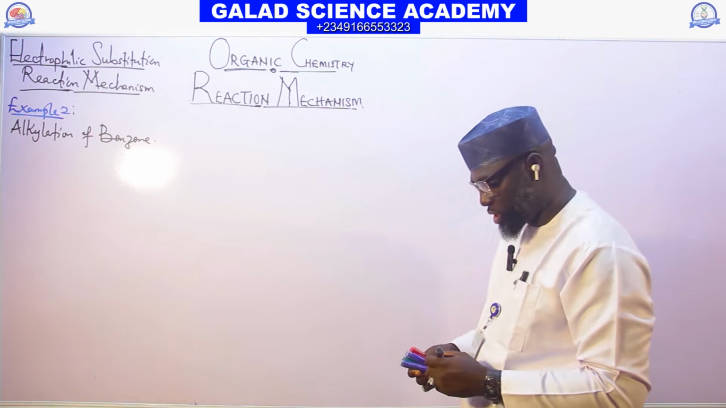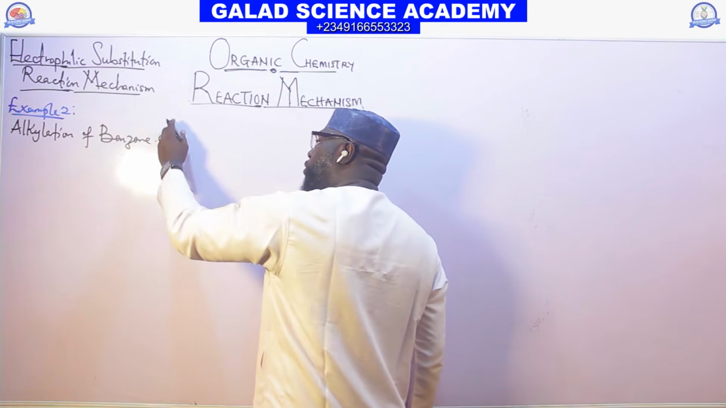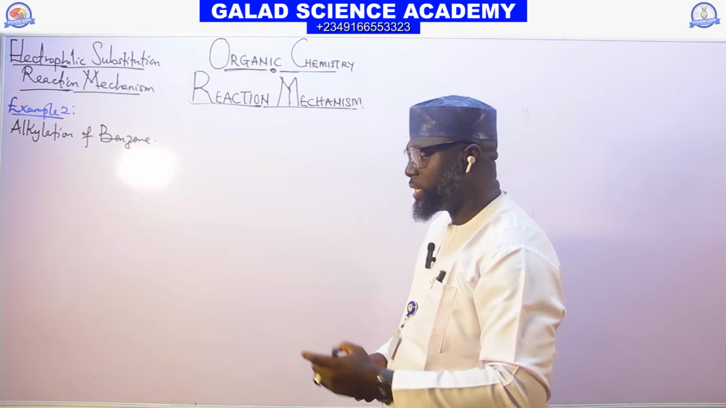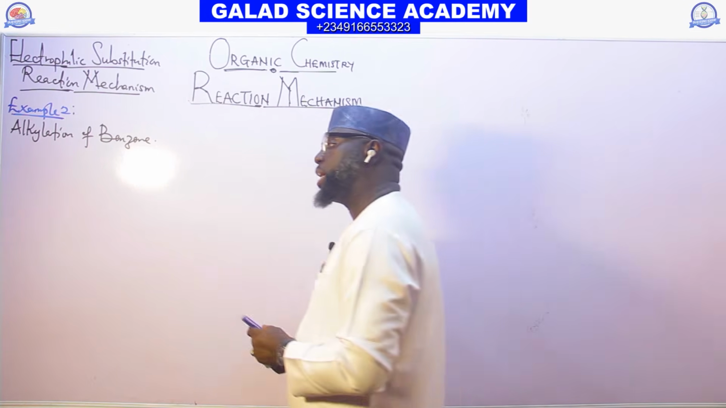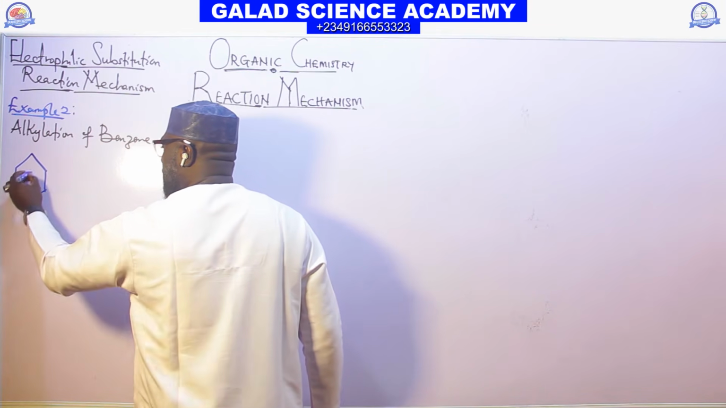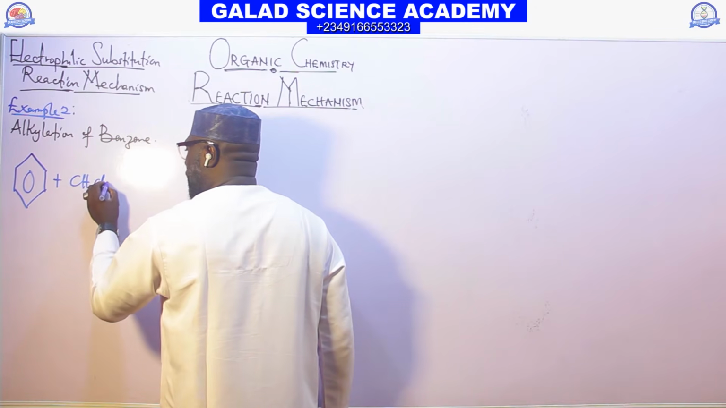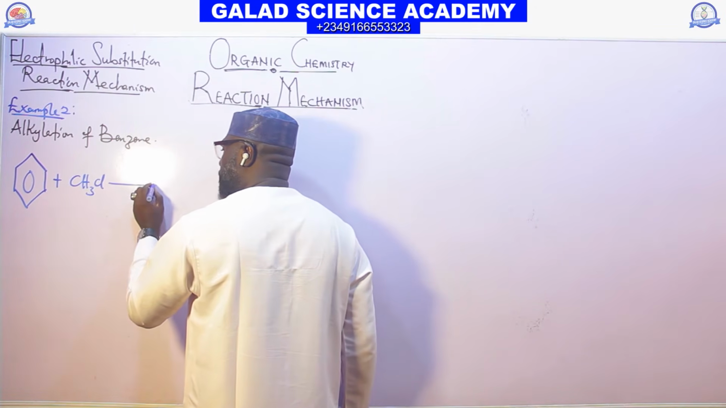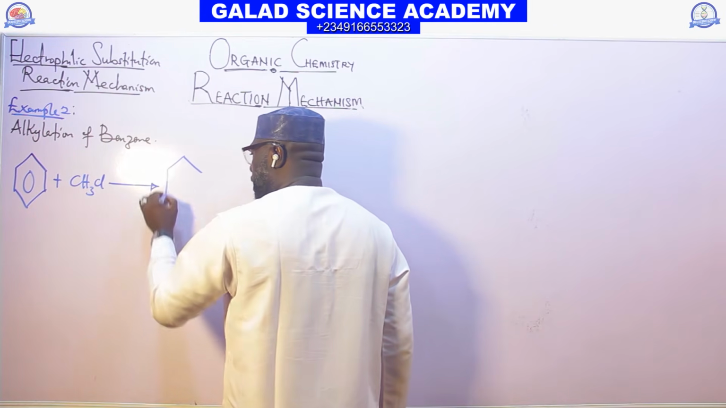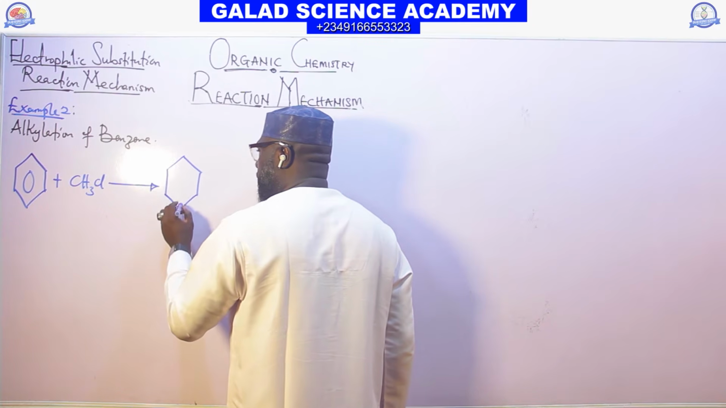For this kind of reaction, we always use aluminium chloride as the catalyst, a Lewis acid. Take, for instance, the reaction of benzene with methyl chloride. If benzene reacts with methyl chloride, the product we have is